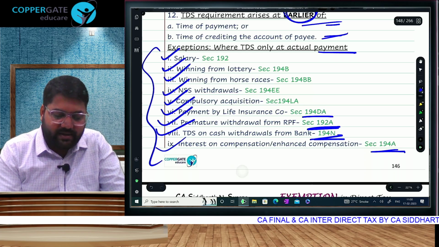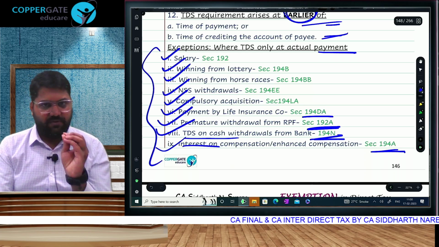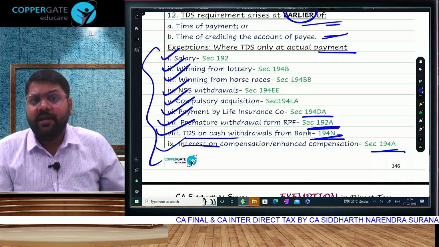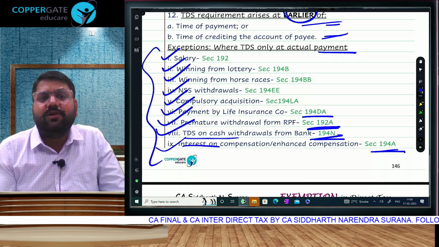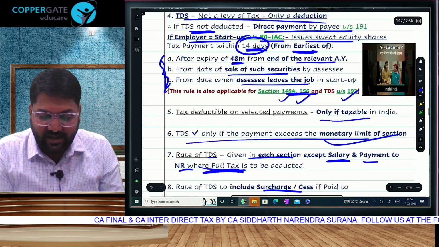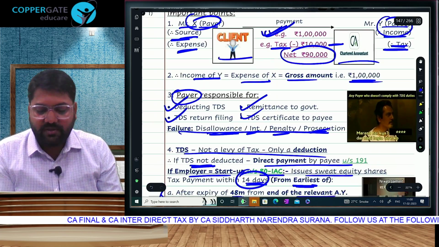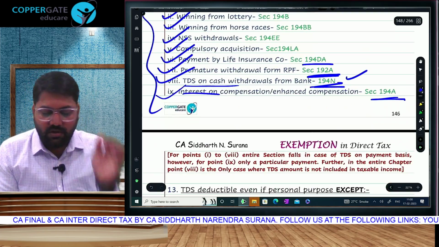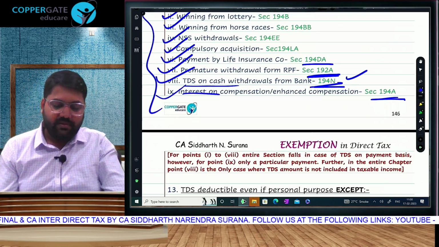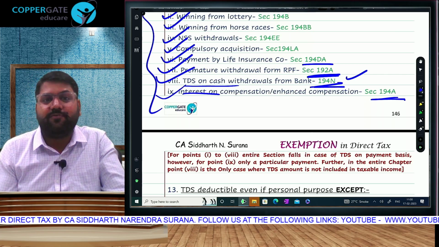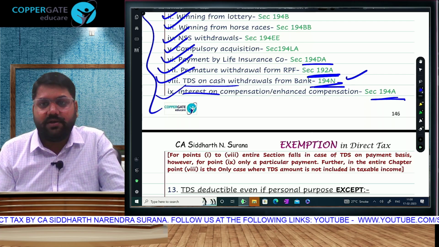With respect to point 8 and point 9, just note the following couple of things. In point 8 you are withdrawing cash from your own bank account. In the entire chapter, this is the only payment where the receipt is not your income. Look, in the initial example we were giving 1 lakh rupees, so this 1 lakh was income of the payee, no? But this is cash withdrawal, so the amount is not income. It is not included in the income because you are withdrawing from your own bank account. It is like a contra entry.